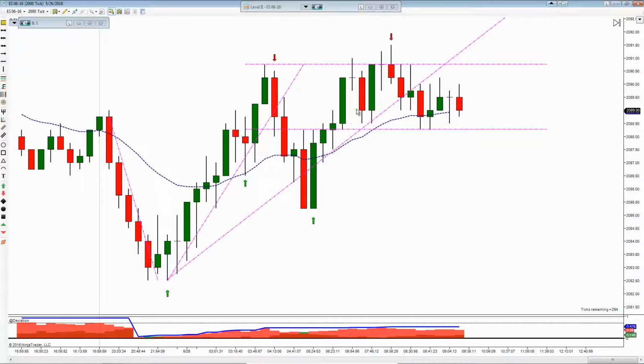And then the last area of opportunity I saw in the overnight session was right here. Again, this is a second entry short off of this low, and the way that works is you move up, reversal, breaks the low of this bar, first entry, pull back, reversal, breaks the low of this bar, second entry short, and then you might have identified this bottom part of the range. More than likely you would have had the top at this point,